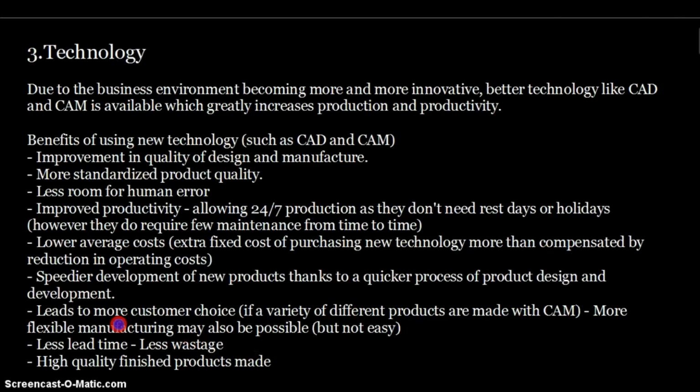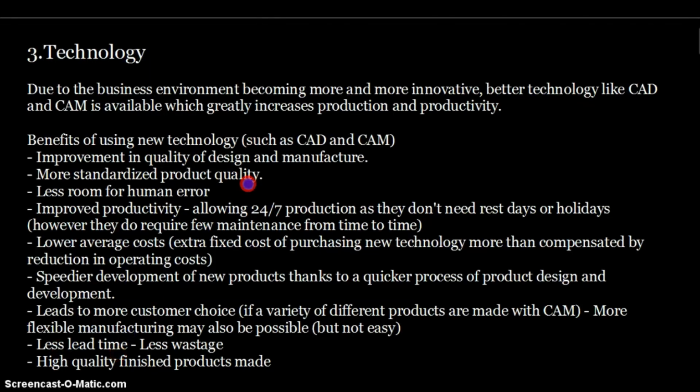What is lead time? Lead time is basically the time taken for a business to reorder and the time to receive those stocks. This is not much of an important point when we're discussing technology, so you can just avoid that. I've just written it down because past papers also mentioned this, but that's not one of the key points that